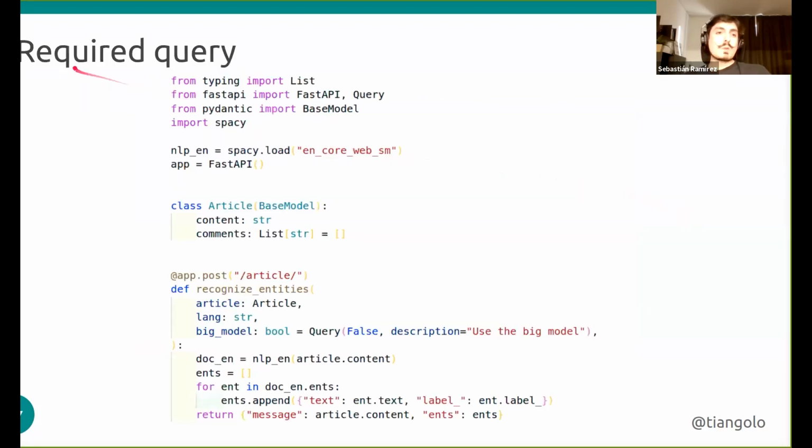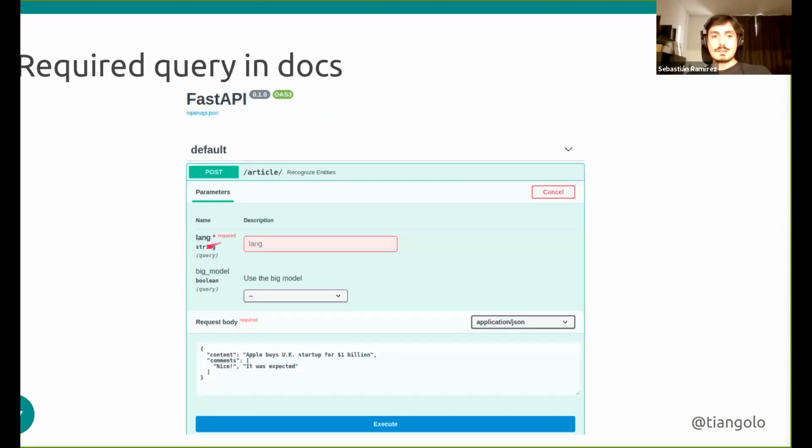Now, let's say that we want to add a required query parameter. So let's say that we want to add a language, and this is going to be a string. And because this is a simple value, this will also be taken from the query parameter. The same way that we do in Python functions, because we didn't declare any default value here, we are just declaring the type as a string, then FastAPI will interpret this as a required parameter. If we check the documentation, we can see that lang is now a required parameter.